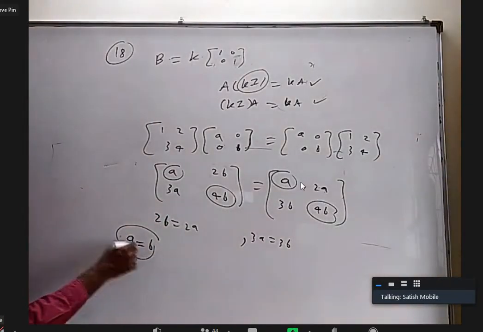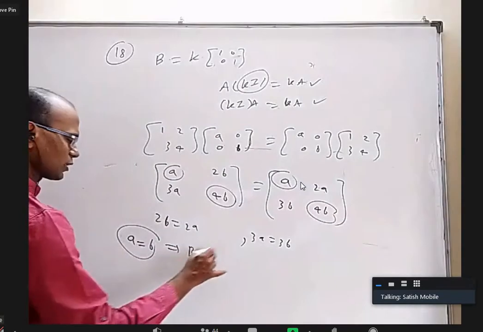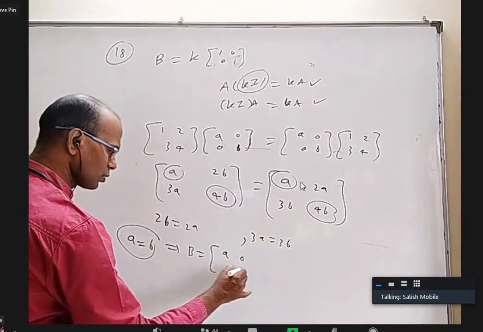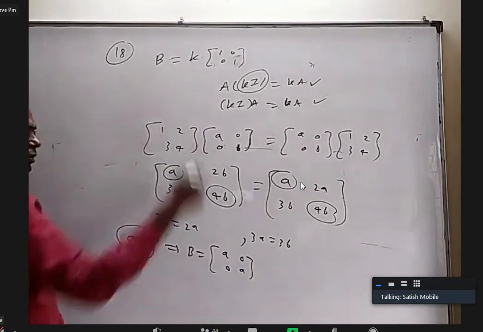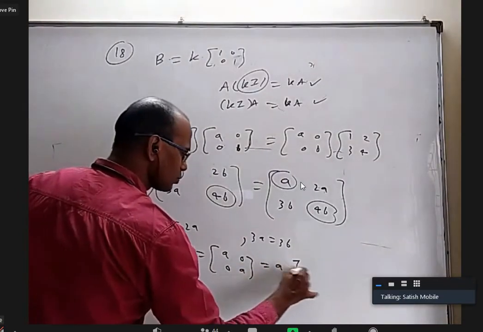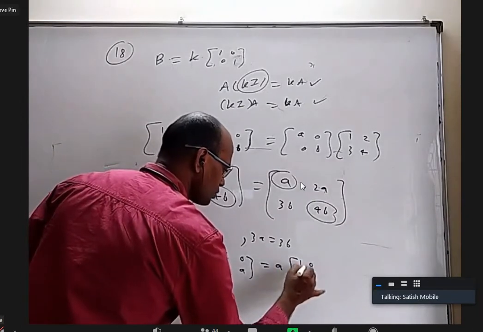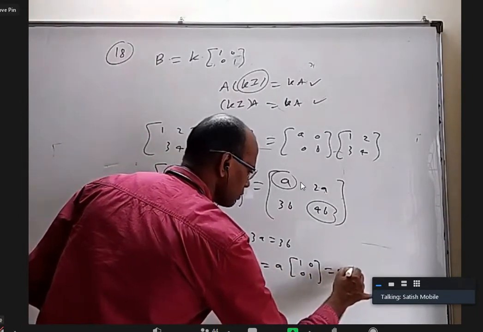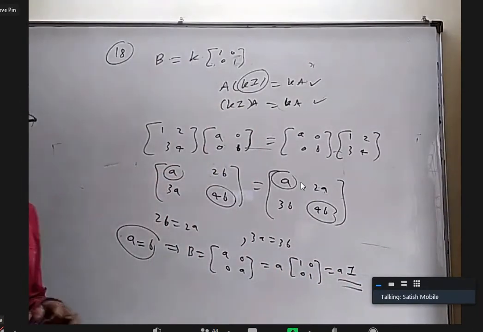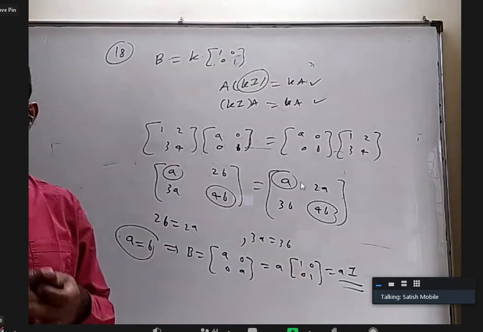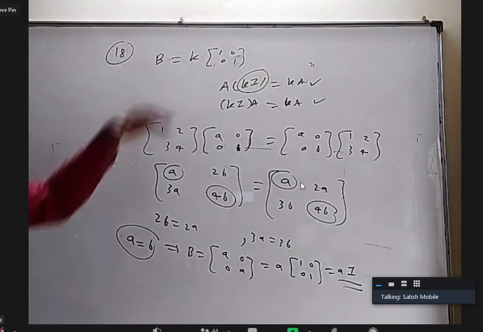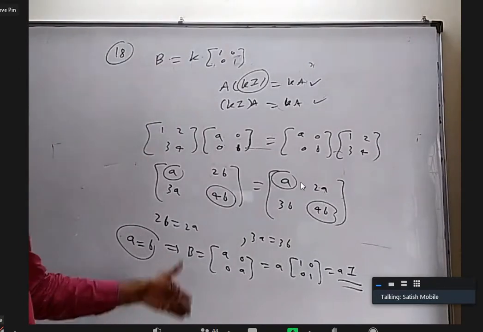But when you put A equal to B, the matrix B will become A0, 0A. In the place of B also I am writing A, which is A into identity matrix. And A can be anything. 1, 0, 0, 1, A into identity matrix. So there are so many matrices, not just identity matrix. 2 times that, 3 times that, 4 times that, which we would have guessed easily, but we are proving it subjectively.